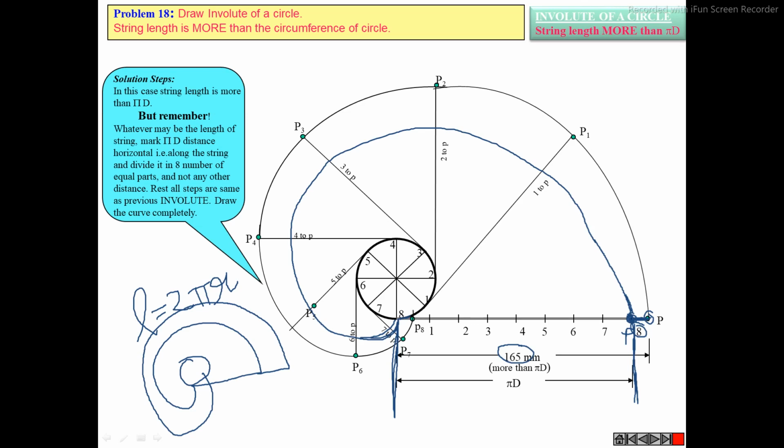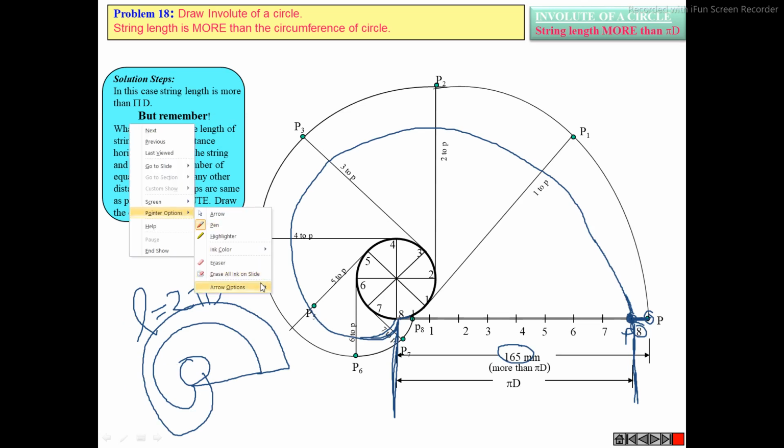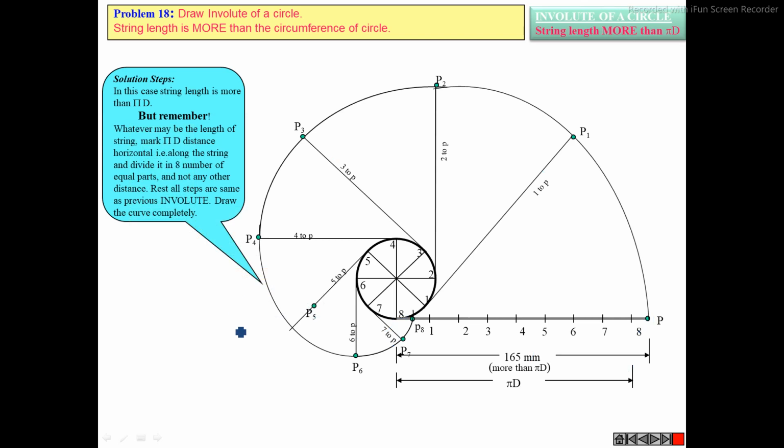Yes, sir. Okay. Now the third and the last case, when L is lesser than 2 pi r. Can you tell me now? Can you predict the shape for L less than 2 pi r? Okay, let me erase all these things, then you tell me. I hope you will now be able to predict. For the third case, when the length of the thread is less than the circumferential length, what will be the change in the diagram? First of all, tell me the location of point P and point 8 in the third case.